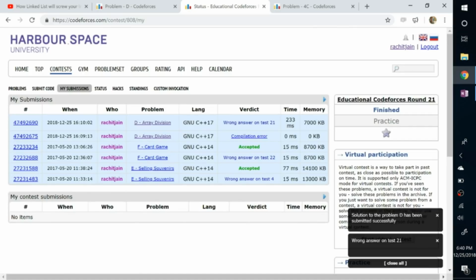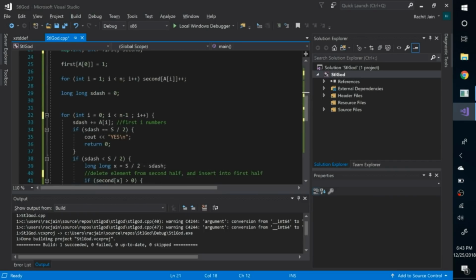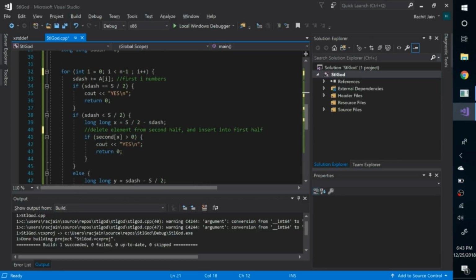So we're getting wrong answer on test 21. Let's quickly check what can be wrong with our code. One of the mistakes that I'm seeing is we are just iterating on the first n minus 1 prefixes. So this should be n. It can be the case that we are considering the full array as the prefix. So we can also iterate on the full array itself, and that sum will of course be greater than s by 2,